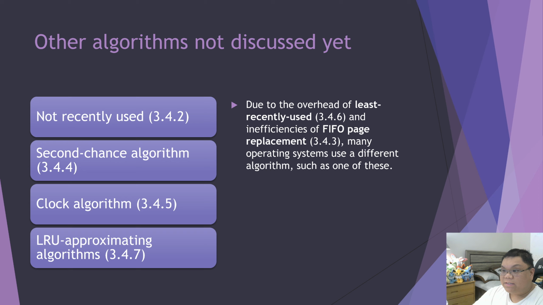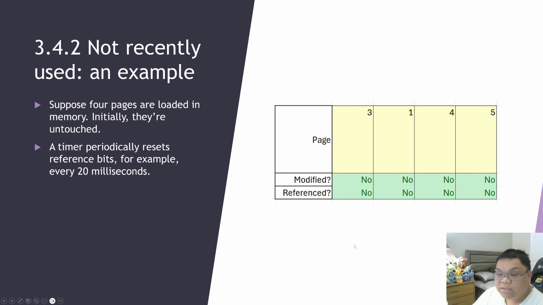So, not recently used. Suppose you have 4 pages loaded in memory, and initially they are untouched. There's also a timer that resets reference bits, say every 20 milliseconds. So we have pages 3, 1, 4, and 5. They are perfectly pristine, unmodified, and unreferenced. But we have a timer that resets their reference bits periodically. Before the 20